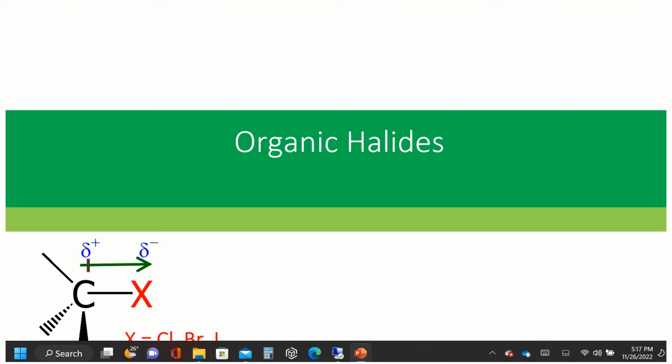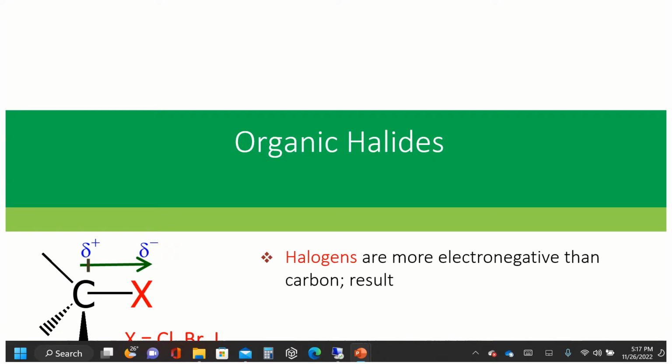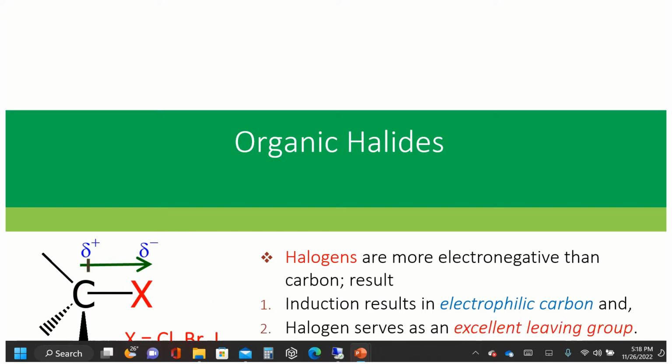So in this lecture, we'll be looking at the organic halides. This is where we have a halide directly attached to a carbon. The halide itself is a lot more electronegative than carbon, which results in this bond being quite polar due to the inductive effects. So we end up with an electrophilic carbon. The halogen also serves as an excellent leaving group. So moving forward, as far as the reactions are concerned, these are some of the main properties that we'll take